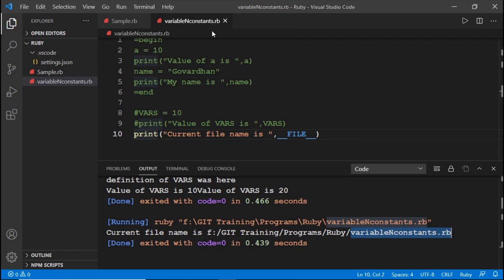Similarly, double underscore LINE double underscore is used to display the current line number. So here print current line number is, double underscore LINE double underscore, which is going to print the current line number.